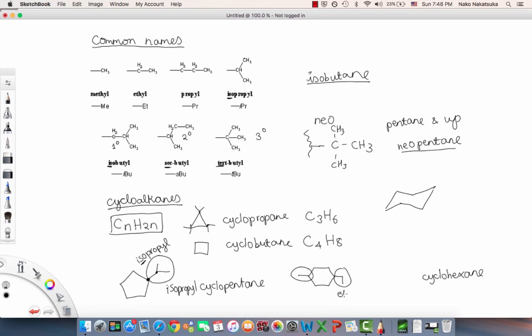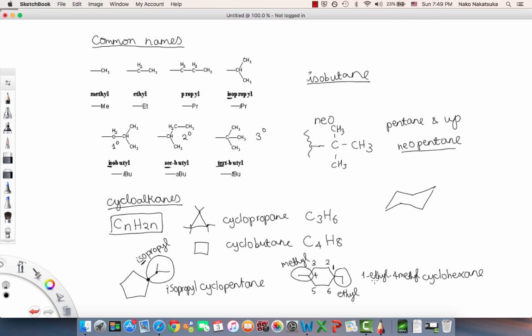And since this is an ethyl group and this is a methyl group, we know that the ethyl will come before based on the alphabetizing. And so I'm going to number this as 1, 2, 3, 4, 5, 6. So I end up with 1-ethyl, 4-methyl,